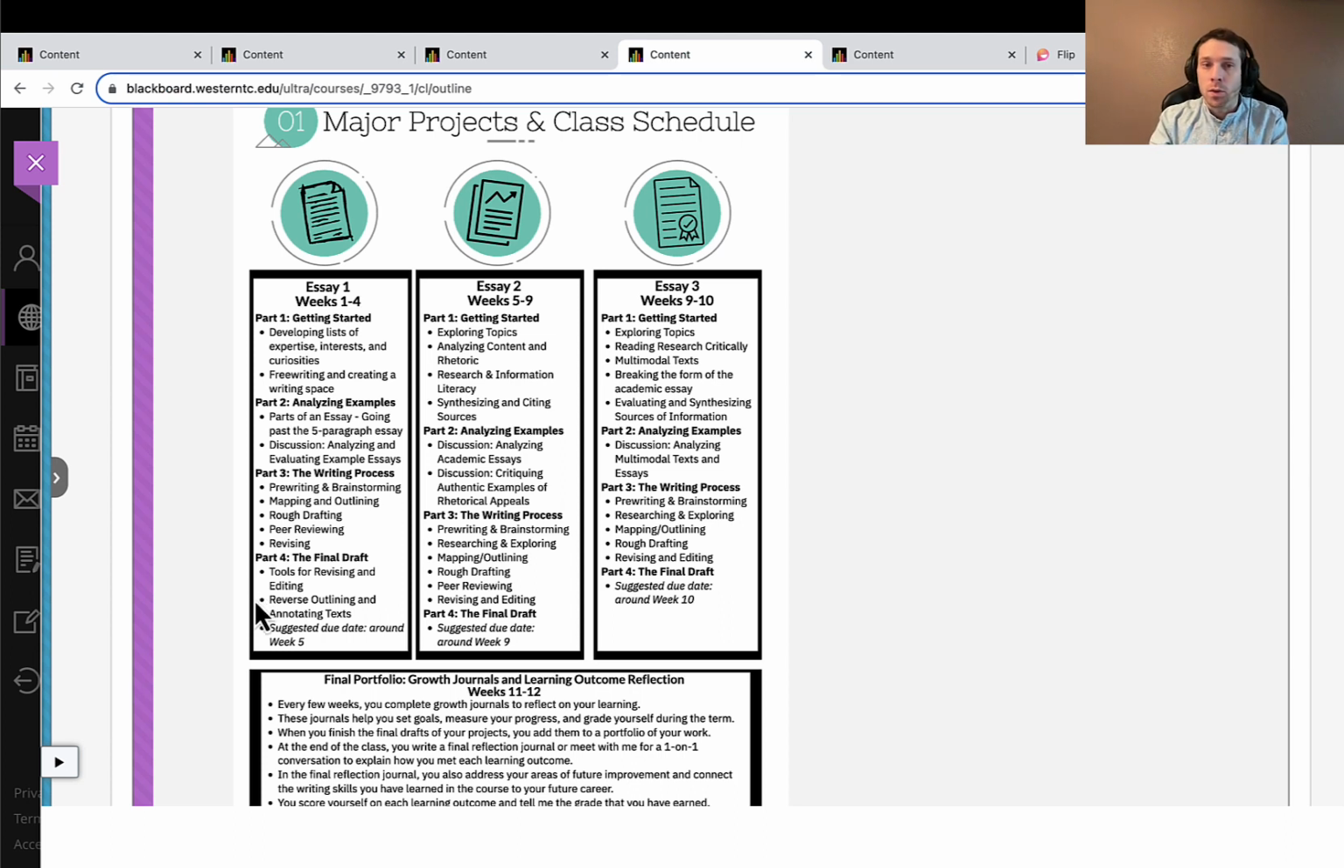So some of those different pieces for the writing process will take you through Essay 1. Essay 2 is quite similar. Essay 2, however, includes more research. For Essay 1, you don't have to do research from outside sources, but for Essay 2, you'll choose a topic